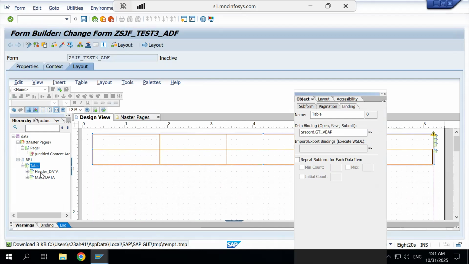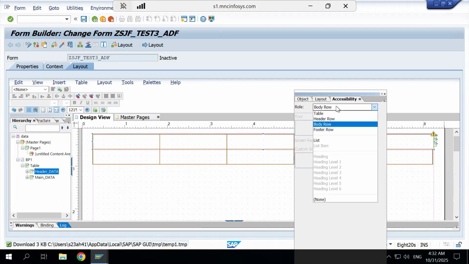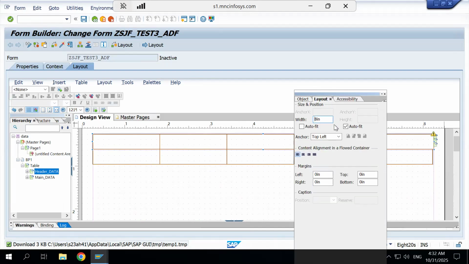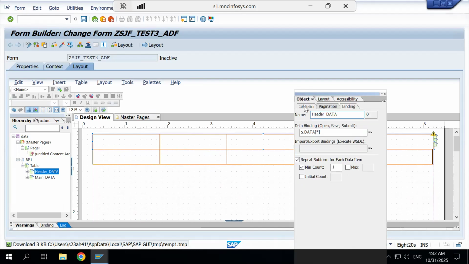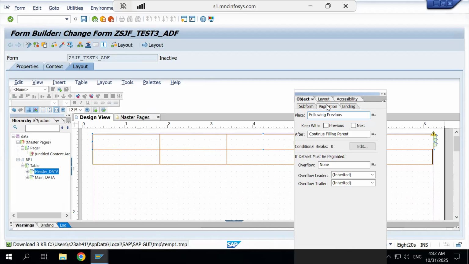Now, this is the header data. So I will go to the accessibility first of all. Okay, and here body row. It is showing body row, but this is the header row actually. Okay, header row. Just selecting this header row and layout. This is okay, fine. And the object, okay, and the subform. If you see this one, this is the position. So we have changed this one, right? Earlier it was a float, but now we have converted it to the position. This is fine. And pagination,